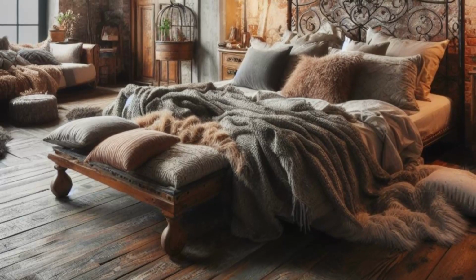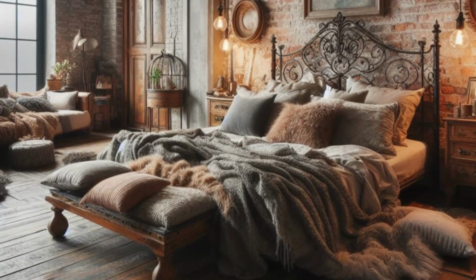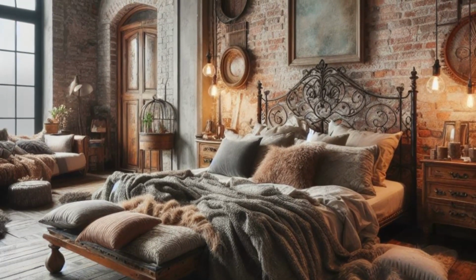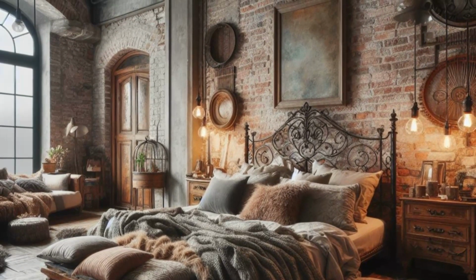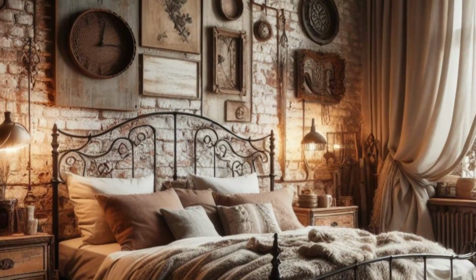Step into this cozy retreat, where rustic charm meets modern comfort in the heart of your apartment bedroom. Exposed brick walls whisper tales of old-world charm, while reclaimed wood furniture adds a touch of history and character to the space. A wrought iron bed frame, adorned with soft bedding, beckons you to sink into its welcoming embrace, inviting